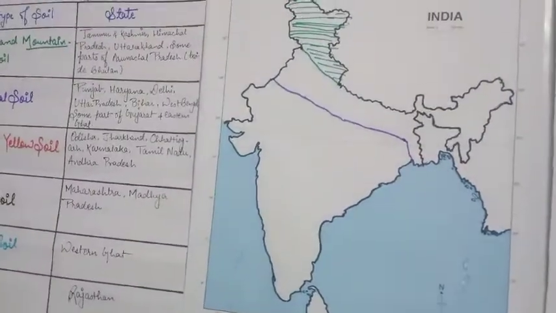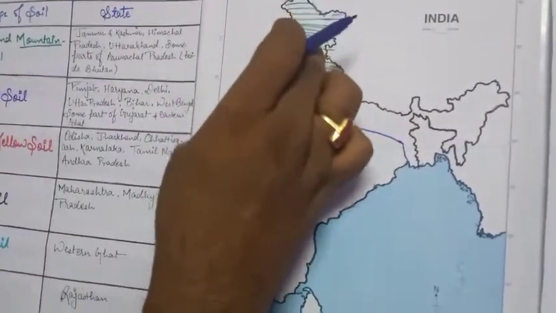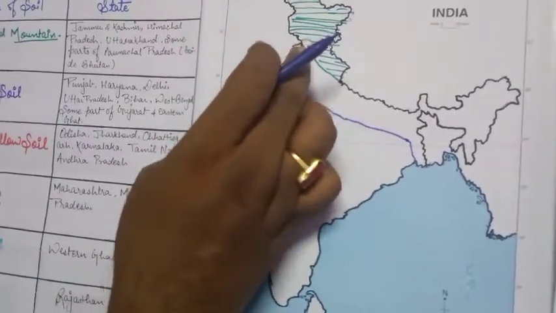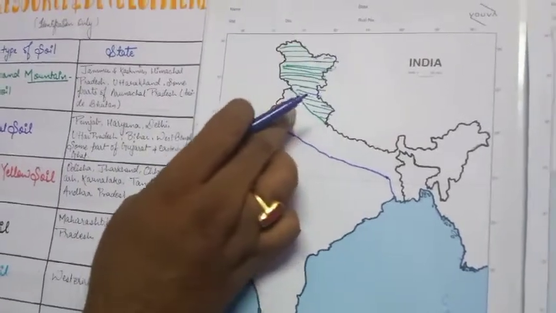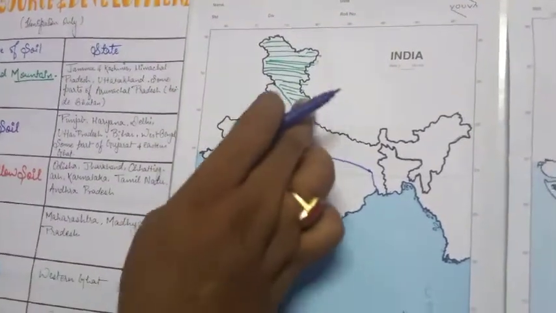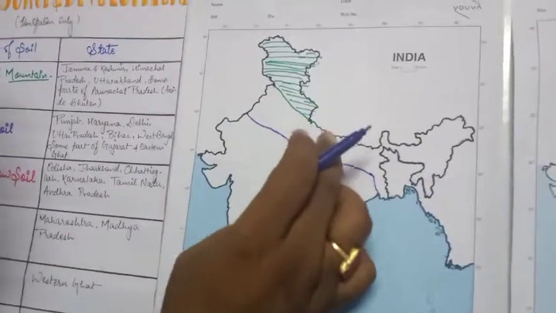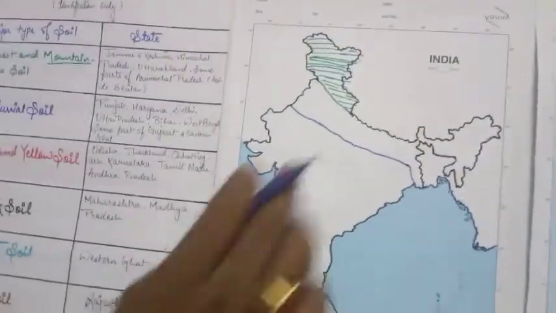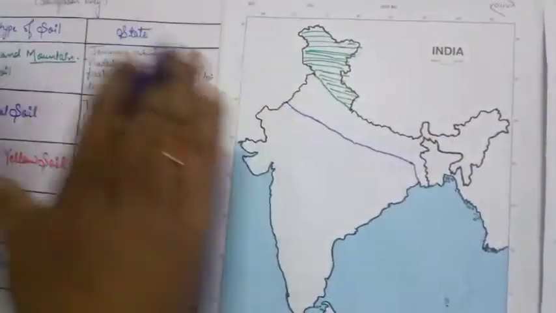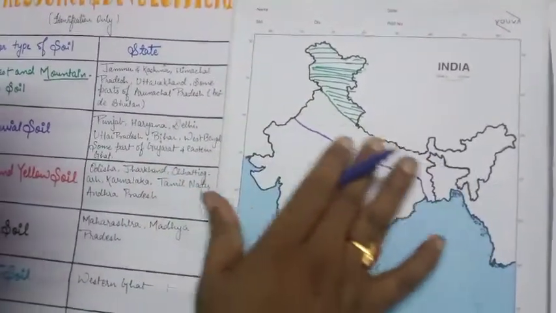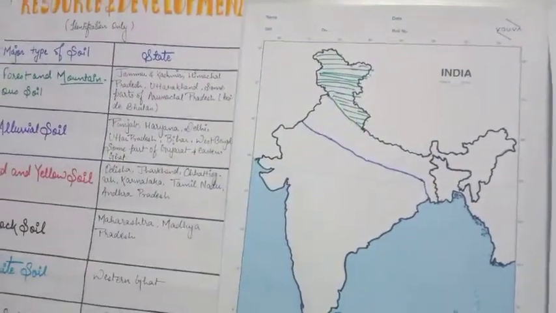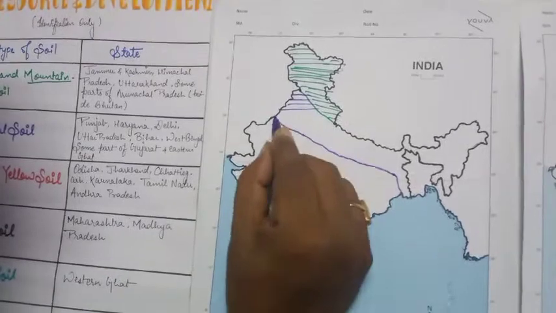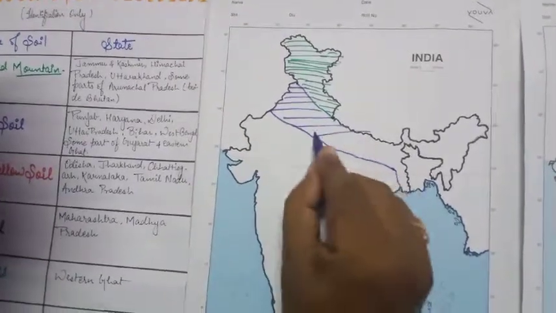Clear? So this area will come under the alluvial soil. Why? Because this is the part of Satluj River. Satluj River originates from the Himalayas and passing through the Punjab, it moves towards the Pakistan. This is the central areas. Here the Ganga is available and a number of tributaries of Ganga is available. So every year this deposits the silt, and that is known as the whole area will be considered as alluvial soil. Is it clear? So this part indicates the alluvial soil.